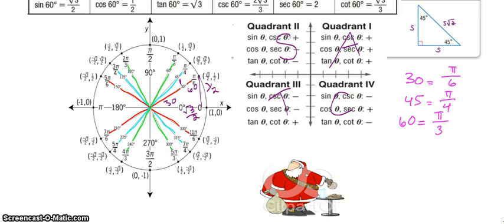I like to help you guys remember it by thinking of all Santas taking cookies. So I'll probably keep that little graphic in any sort of assessment that has to do with this kind of stuff. Like I said, you can memorize this whole unit circle thing. I'd rather show you, get you really down with the first quadrant. The quadrantals would be pretty easy just based off the fact that our radius is 1. And then